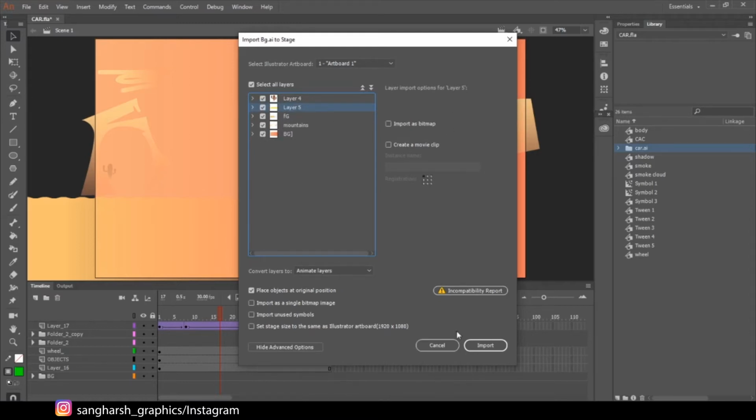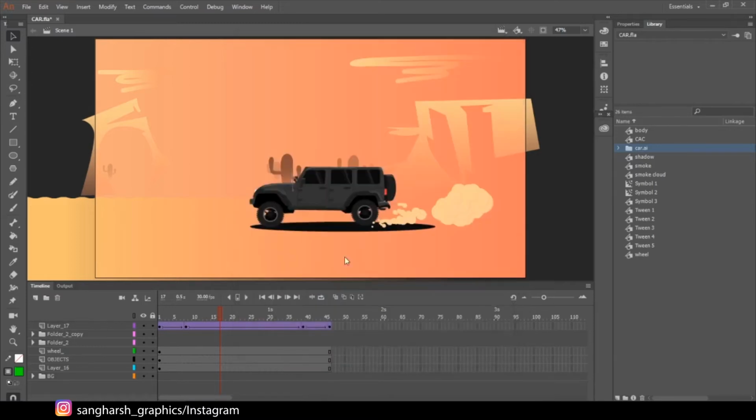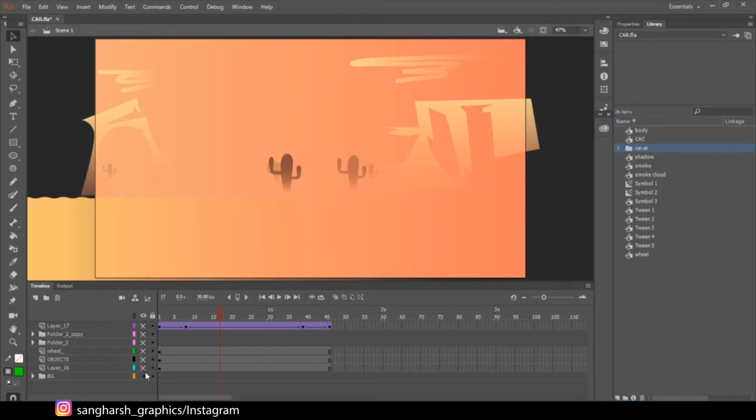And I just kept the settings default, place objects at original position, because I created the canvas size in Illustrator 1920 by 1080. That's why the original position is the same. The canvas size in Animate is also the same HD, and just click on import. So I imported it. All of the things were already placed as they are. Let's just isolate the background for now.